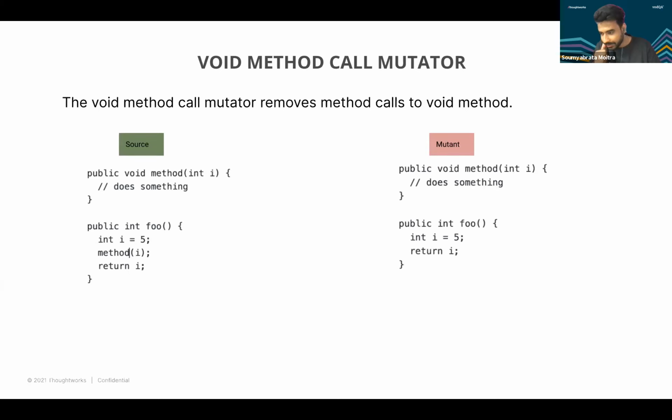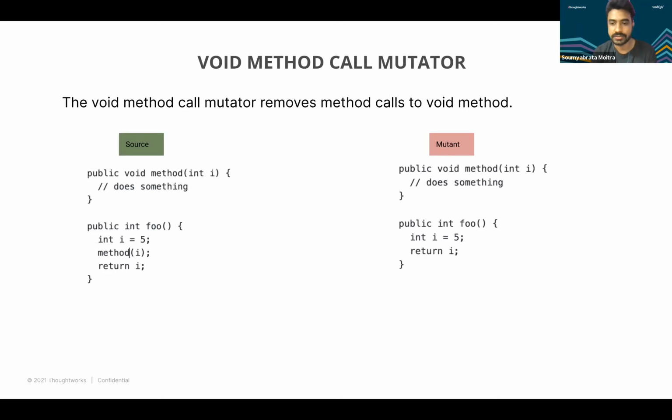You don't have any returned value to perform some assertion on. So how void methods are unit tested is basically, if you have a void method, it will have some side effects, so those side effects need to be asserted. And if you have missed asserting the side effects of the void method, then this mutator, if you are using it, those kinds of errors will be caught in